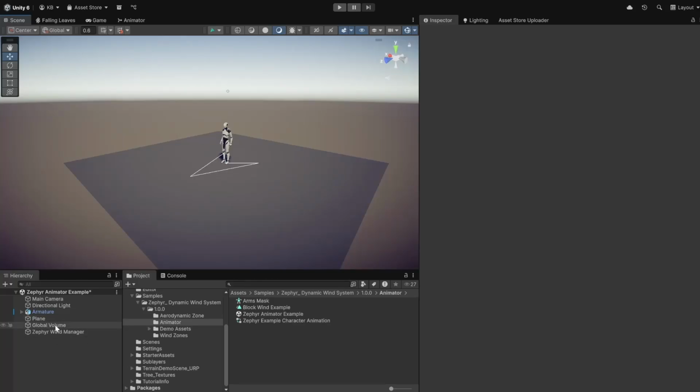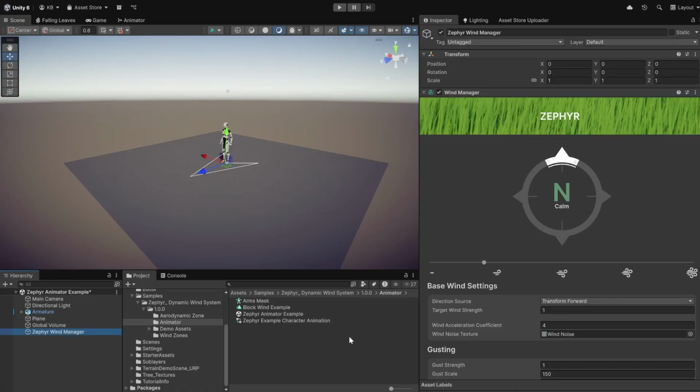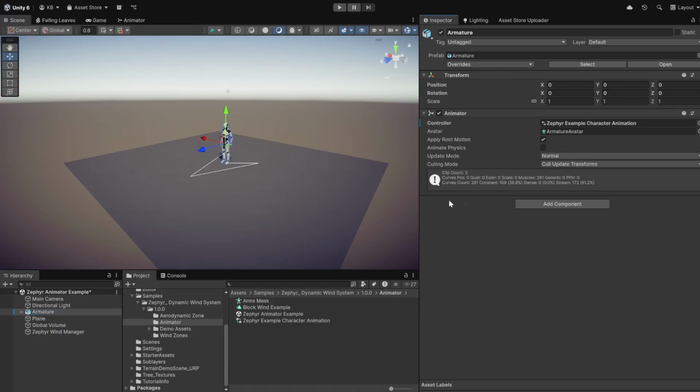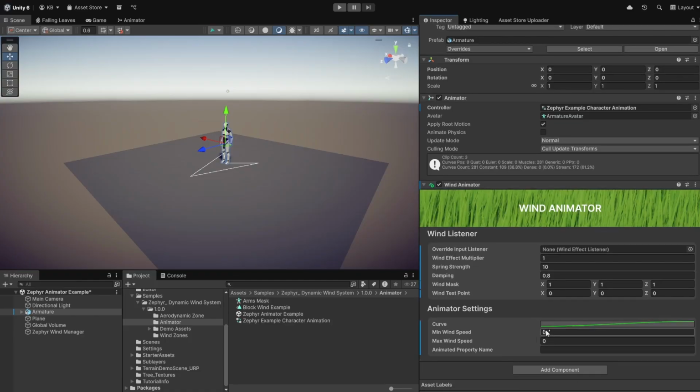In this tutorial I'm going to show you how to set up a wind animator component. In this we have a simple scene set up with a Zephyr wind manager and then an armature. I'm going to go ahead and remove that component. We already have an animator on it, so all we need to do is add the wind animator component. Right, and this is what's going to pass that value back to the animator so that the animator can react